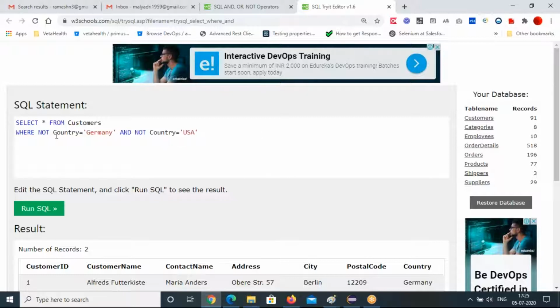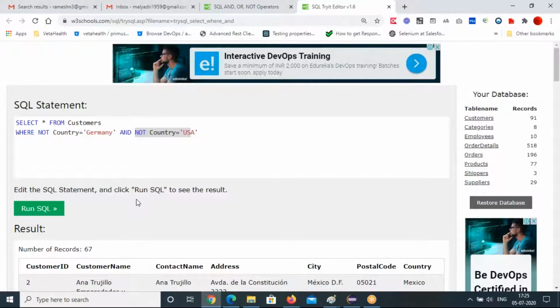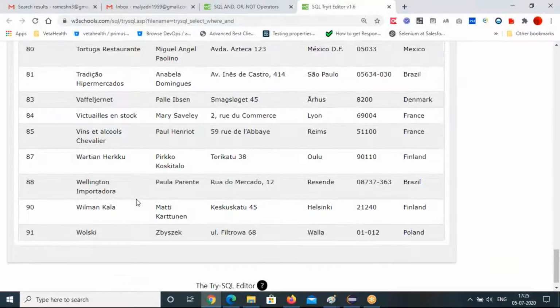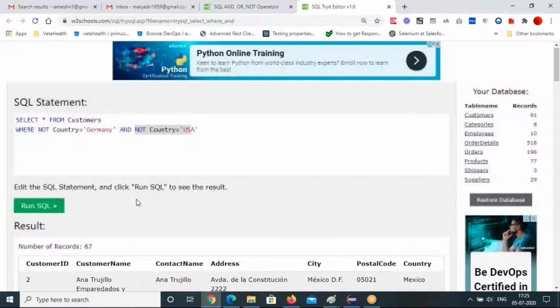If the country name is not Germany and the country name is not USA, and any other countries match, you fetch. Other than these two countries, all remaining countries' data will show. So negation you are using with the AND operator.